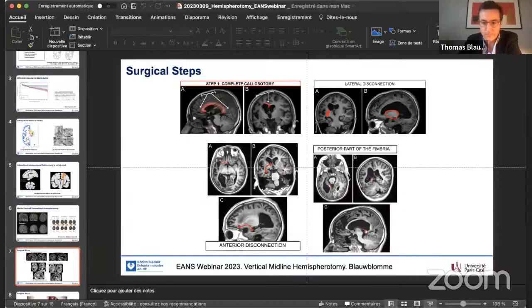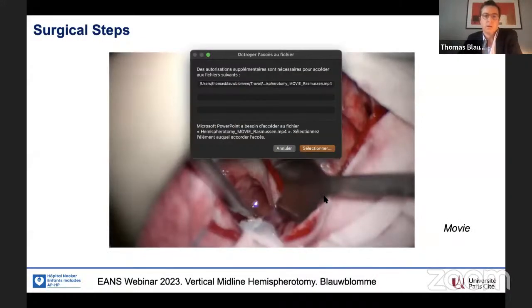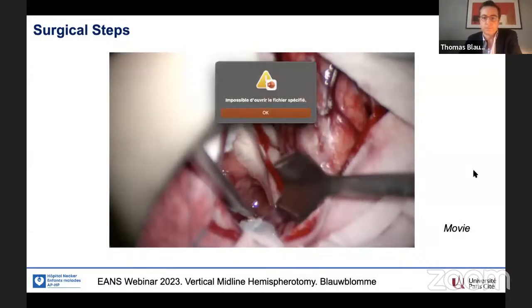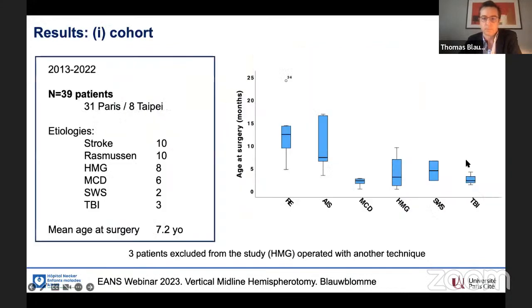Just a few words about the outcome, and I will finish soon. So we performed 39 surgeries during the last 9 years. It's a bicentric cohort because there are 8 cases that were operated with this type of surgery in Taipei, in